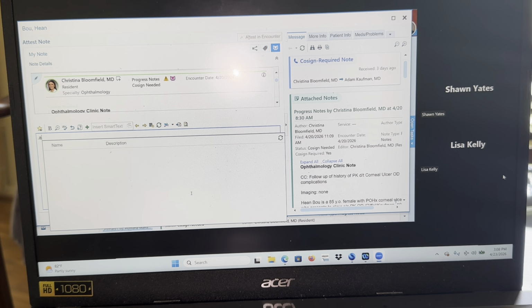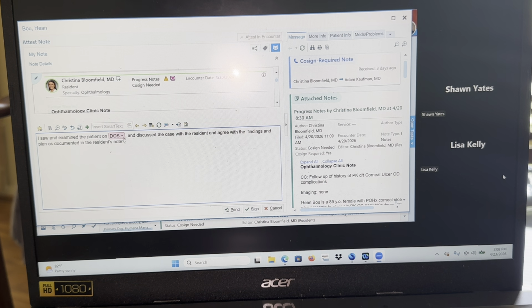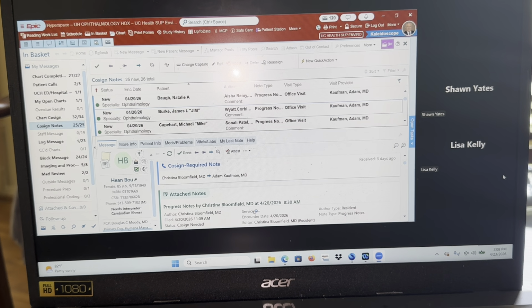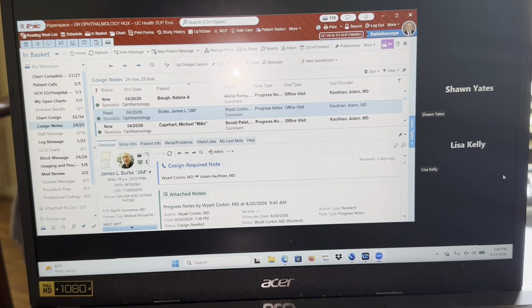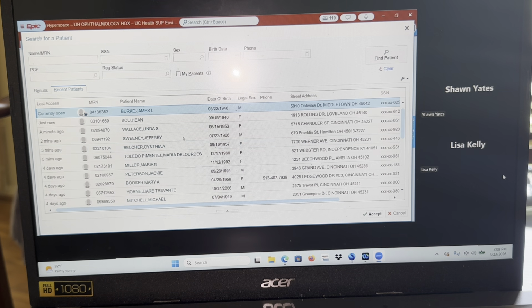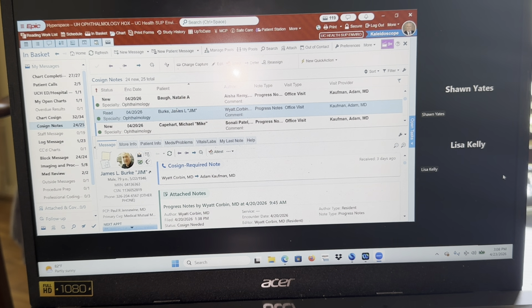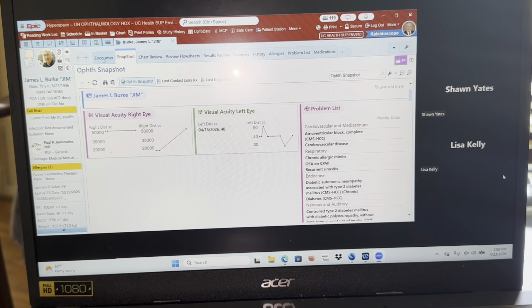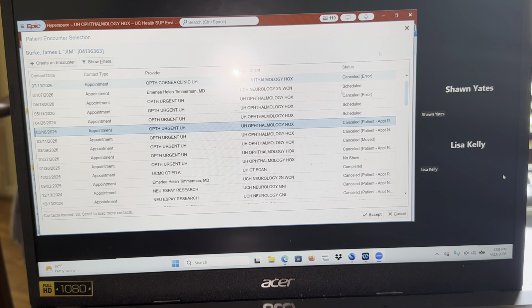Let me see if I can do this one and see if I attest. I don't know if you remember the whole thing about where the attestations were showing up. I never got clear about what the problem was and what exactly the remedy was. I have no idea what the real issue was with that, but using that attest button, I think this was